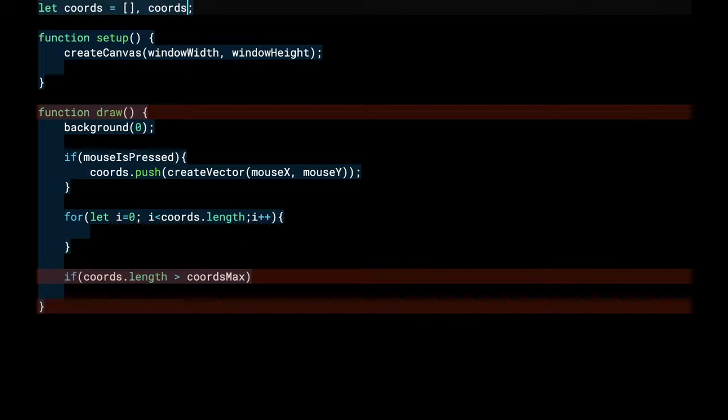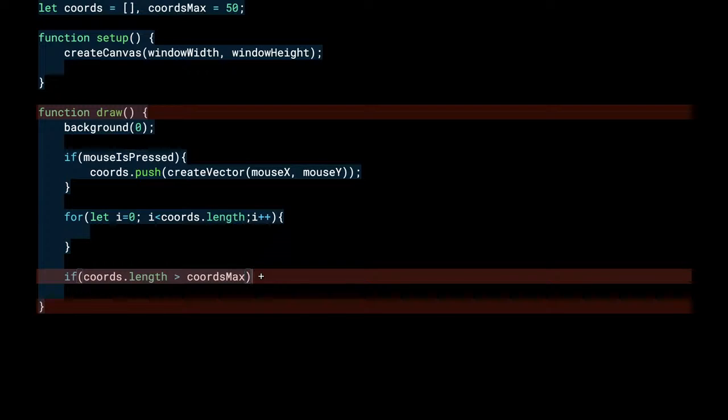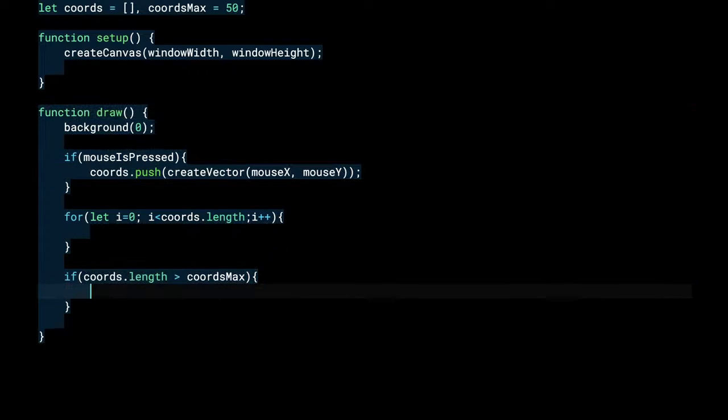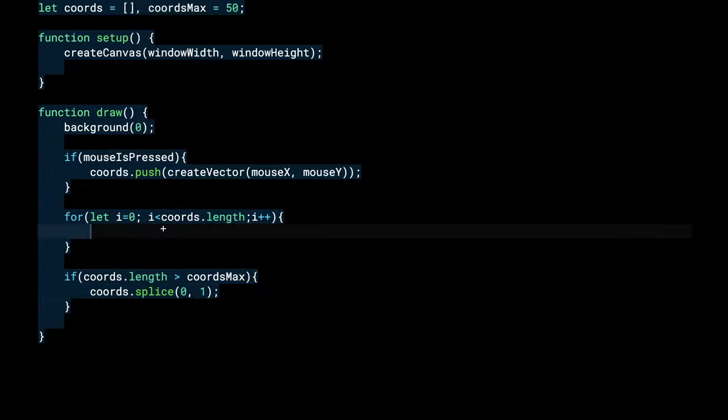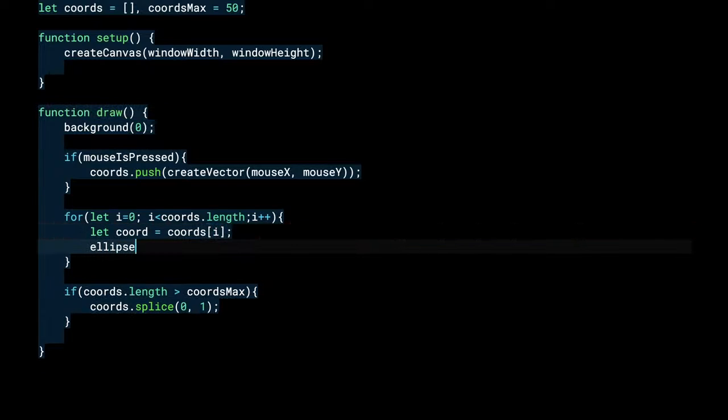We'll start off with chords max equaling 50, just to not have too many points there. So if the size of this array ever gets too big, I'll cut it off. Chords.splice from the 0 index. Hack off anything that's left over. So let's see if we have stuff happening. Chords i, ellipse. And hopefully,